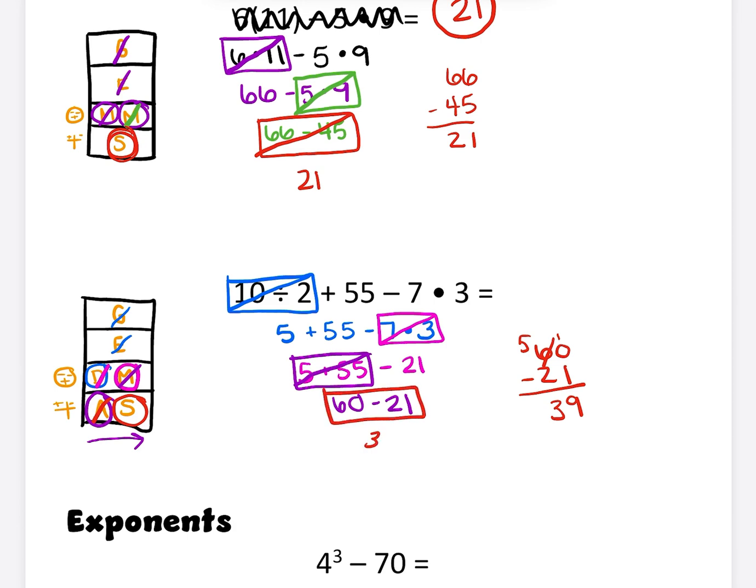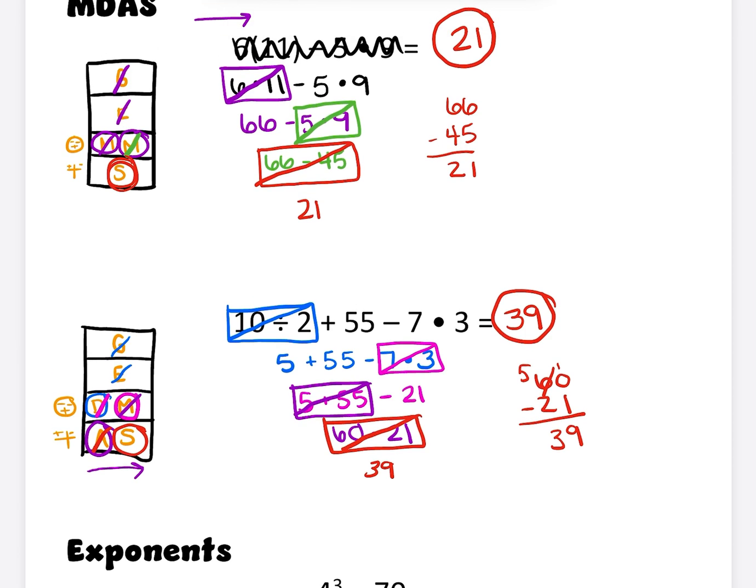So my final answer is 39. So big things, draw your OO tower, and then make sure you are filling it in and go